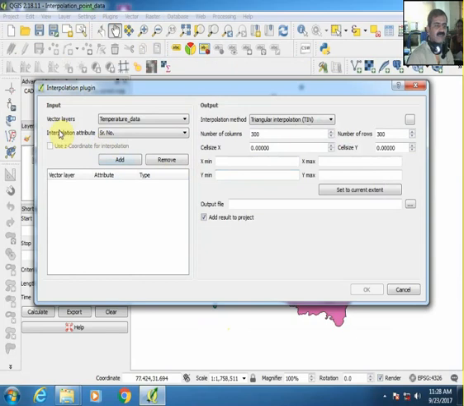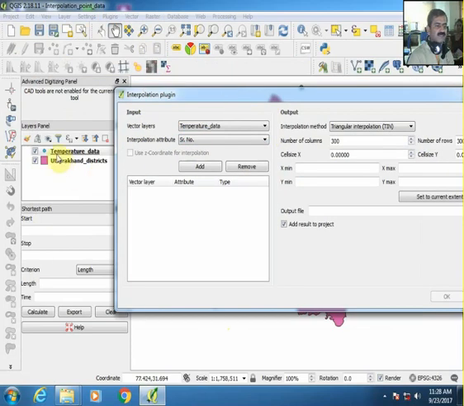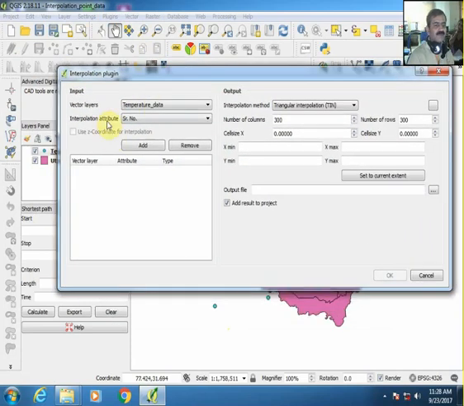Press it, and here it is important to select the appropriate thing at the appropriate place. Vector layer would be the temperature data. This is this layer, and the interpolation attribute in this case would be the temperature, this. After selecting it, you will have to add. So now you can see it has been added: the vector layer, the attribute, and the type is point. And now